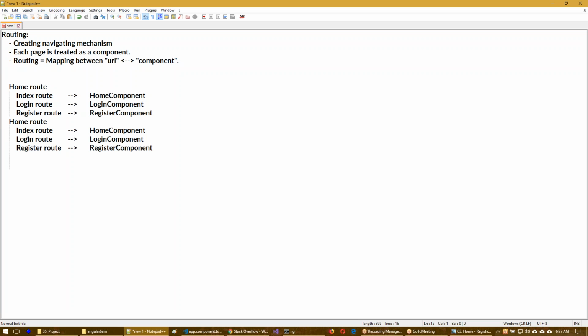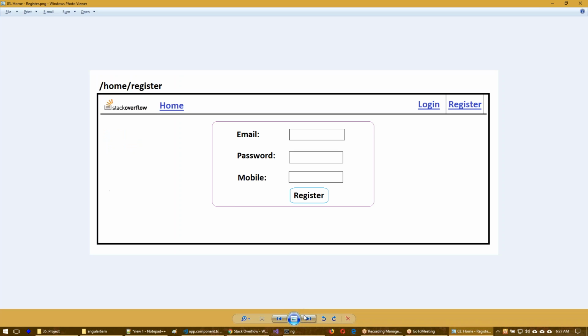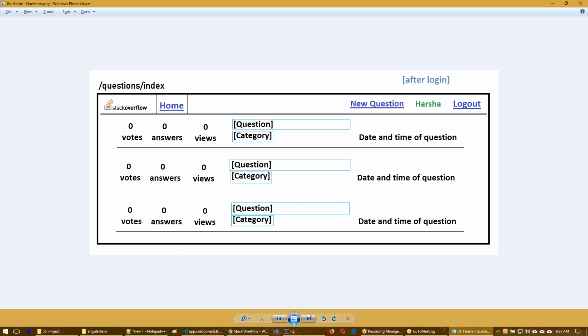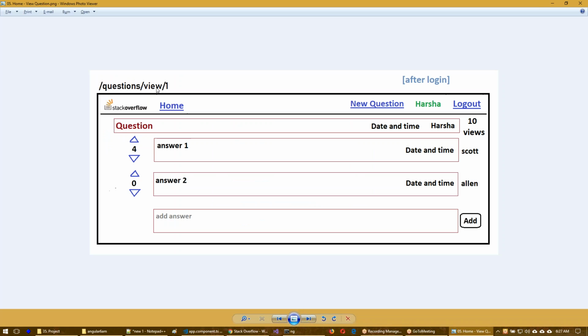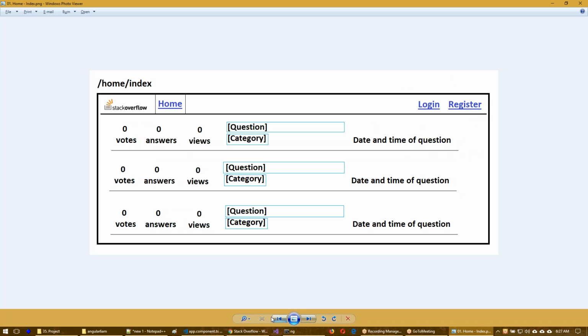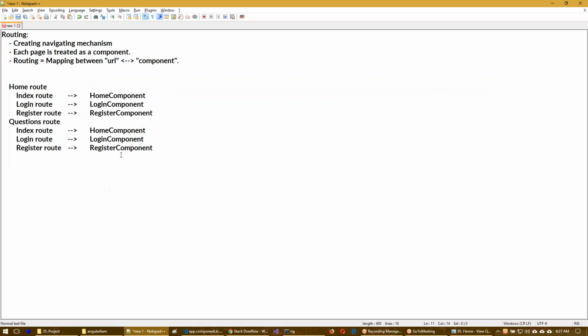And also second section is the questions route. This one, next level, questions route: questions/index, questions/view, and also questions/new. So questions slash index, questions slash view, questions slash new.